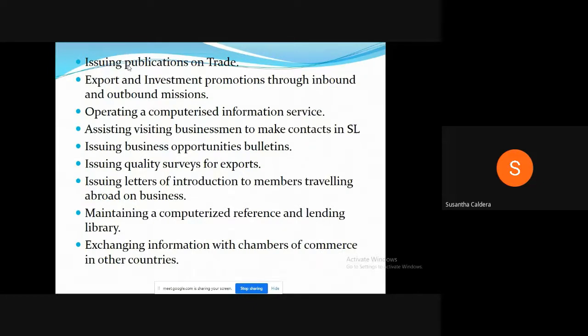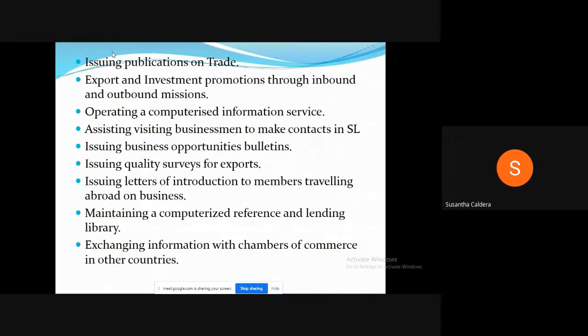They conduct quality surveys for exporters. They do a lot of extra services to the exporters. Okay. Those are the important things. You can read the last two, but they are possible questions. I have not gone into details because you can read it and get the idea. Nothing difficult to understand. Okay. Done. I managed to finish it.